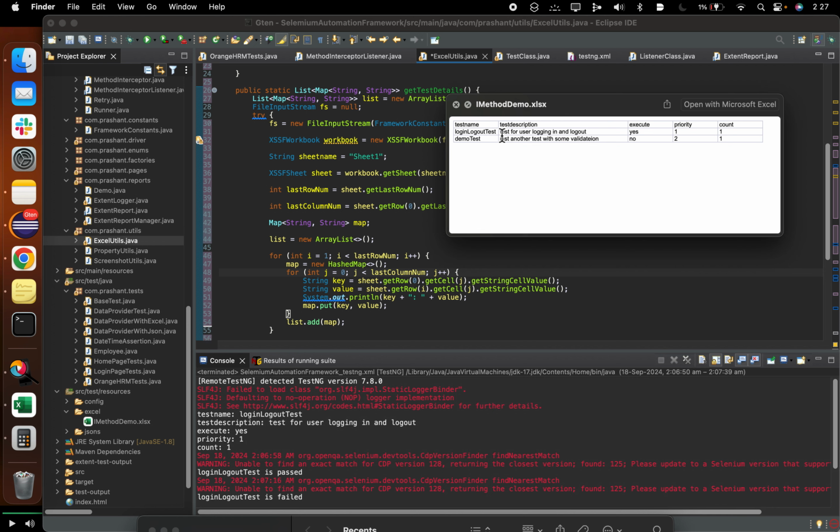It will go here and fetch the cell j. It will fetch this value, add that, and here we are just printing the key value. You can see test login logout, right? And yes, it goes here, and that test description, test user login and logout, so we are adding the